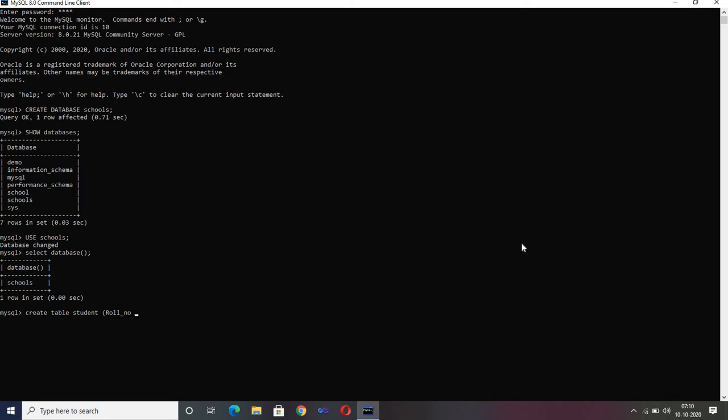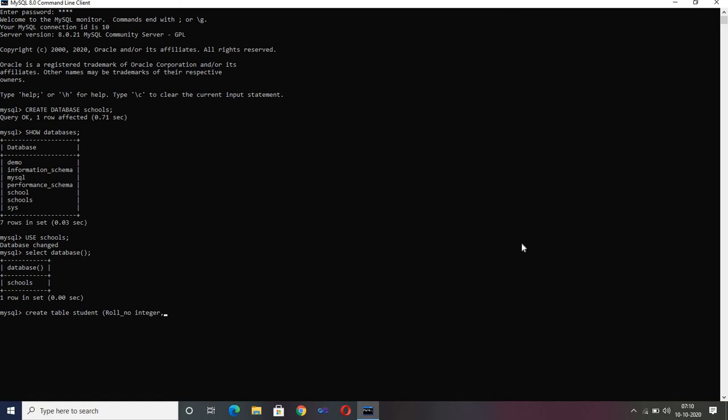After specifying the attribute or column name, then we are going to specify the data type. So for roll number, what are the roll numbers in school? 1, 2, 3, 4, 5, 6, 7. So what is this? They are numbers. And for numbers, what is our data type? Either we can have integer or we can use decimal. Now roll numbers are not going to be in decimal, so the correct data type will be integer. Okay, so this is the first column.